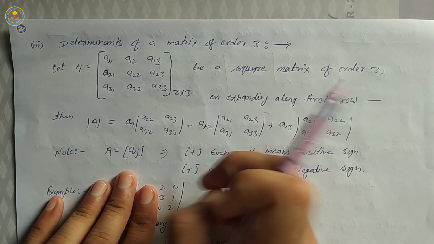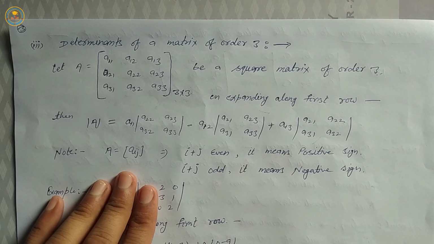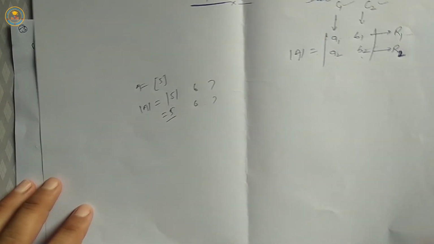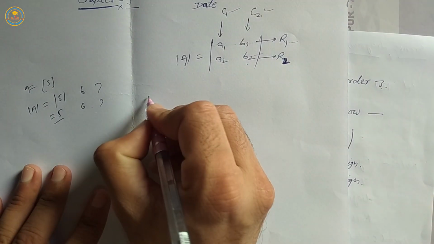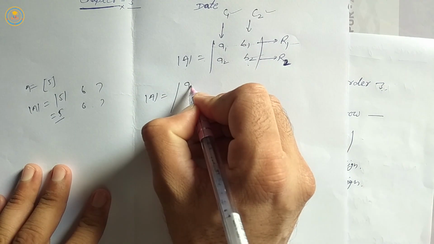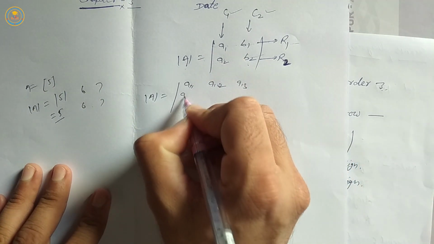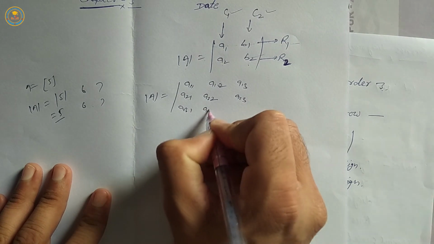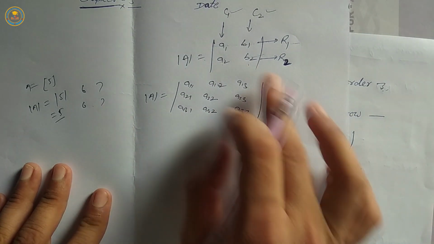And its value is given by det of A equal to the determinant a11, a12, a13, a21, a22, a23, a31, a32, a33, and its value is given by